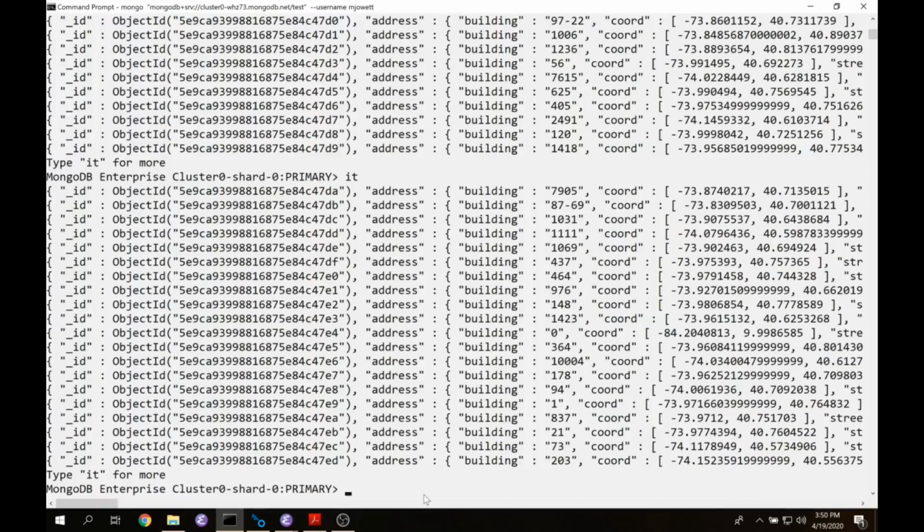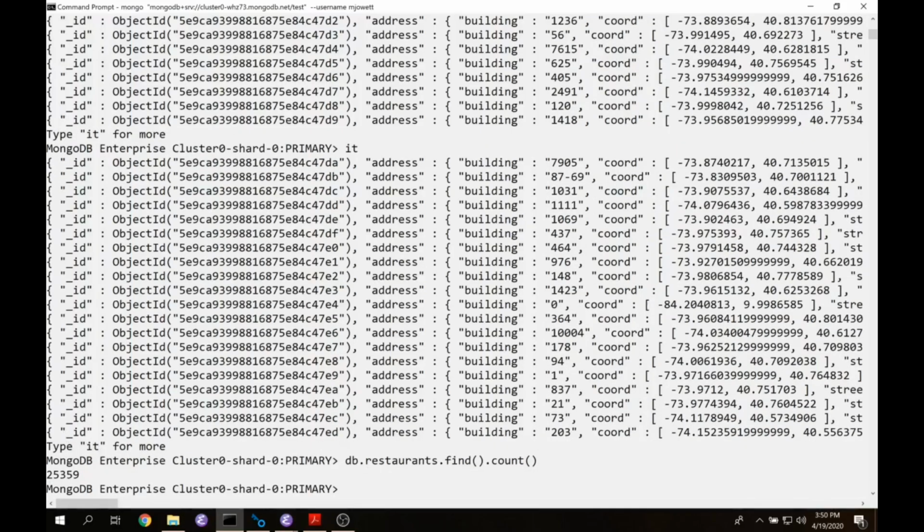Twenty documents at a time, but I want to find out how many documents I have. So I could just append another function called count. And that's the beauty about MongoDB and the NoSQL document style data repository, database management system. You can just keep appending functions to it to get whatever you want to retrieve. So like, for instance, I could do a sort function on it. I could use the limit function on it. And watch what happens when I do count. It's actually 25,359 documents inside of the